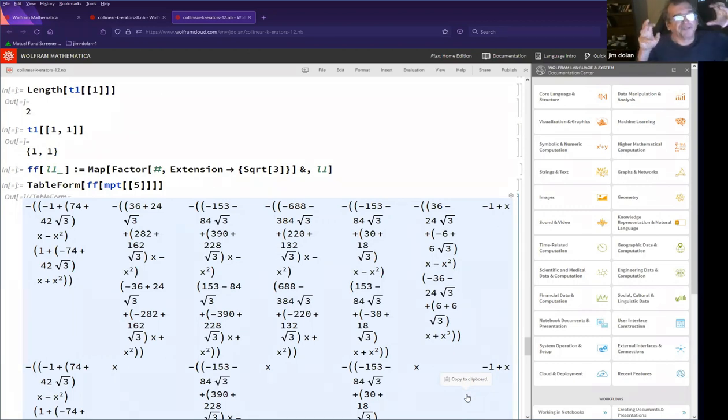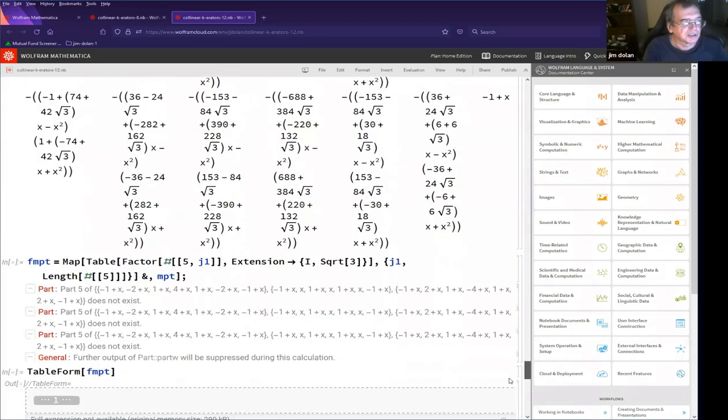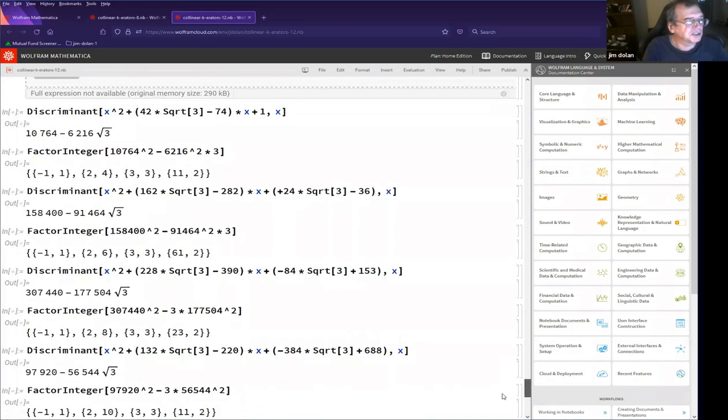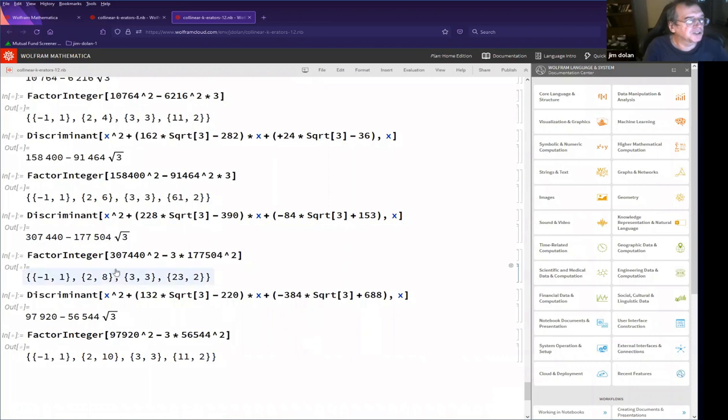So I figured, flailing around, not sure what I should do, I decided that I would try to take the discriminants of all of these quadratic polynomials. My hope was that all of these quadratic polynomials would have the same discriminant, which would show us that we're just getting this one single quadratic extension, that all of these coefficients are living in that same quadratic extension or something like that. So I started doing some ridiculous gritty calculations here with Mathematica, trying to take the discriminants of these quadratic polynomials.